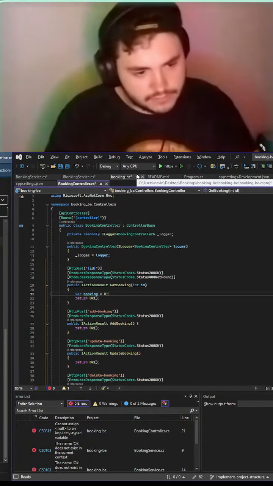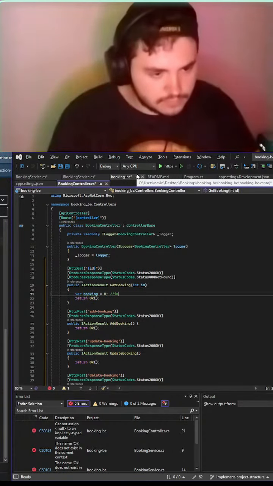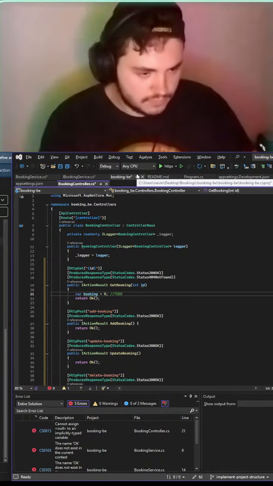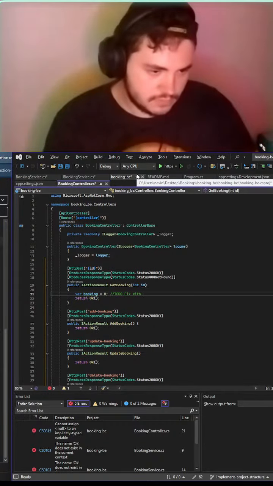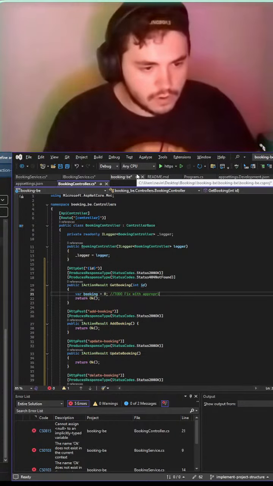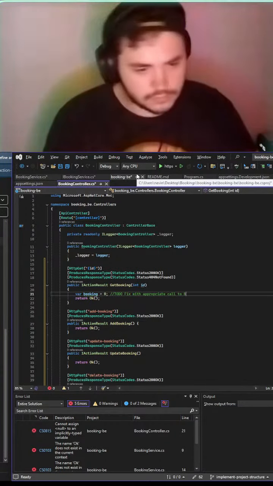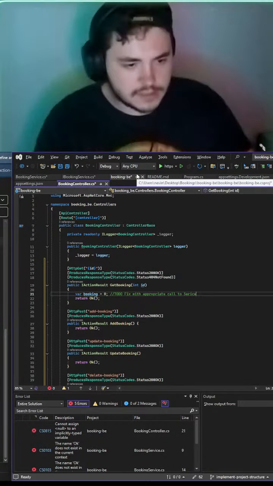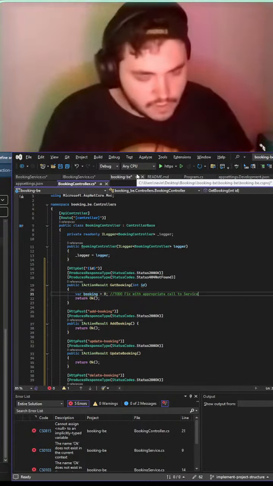Or 0. And we'll leave a comment here that says to do: appropriate call to backend service.